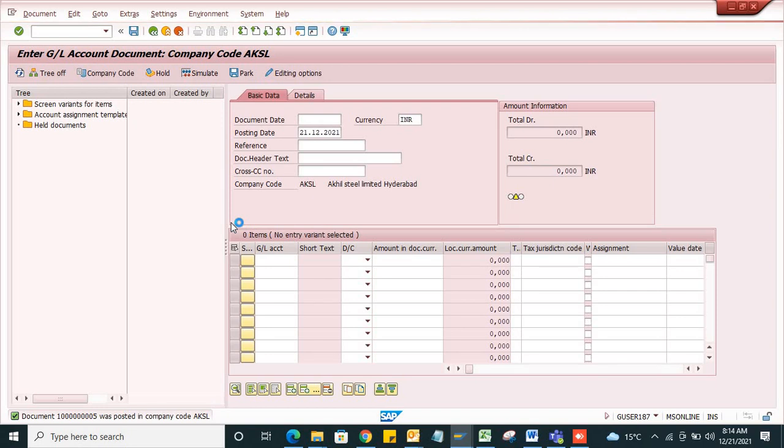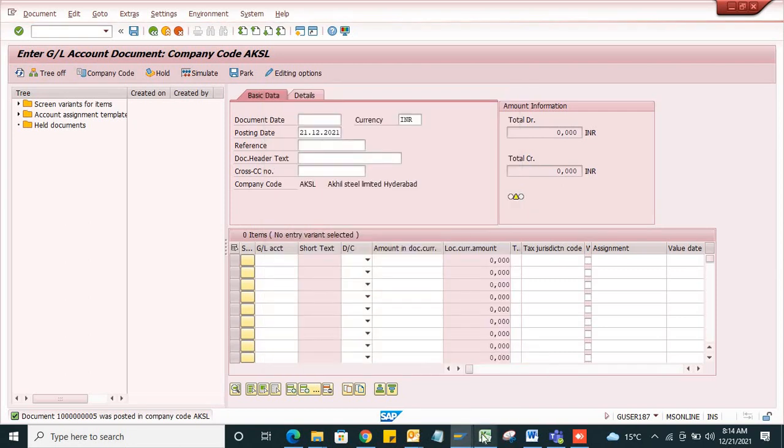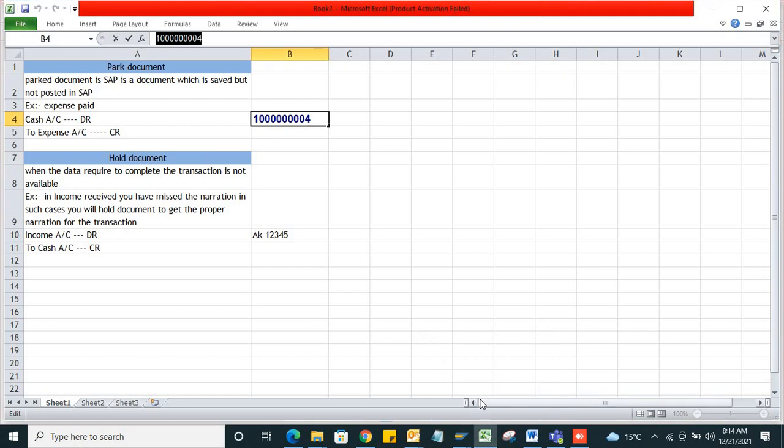So now we will analyze the general ledger report for the same. This is my document number. Click on this button. When you are holding a document, you generate a temporary document number which you can specify as alphanumeric or numeric, as per your wish.